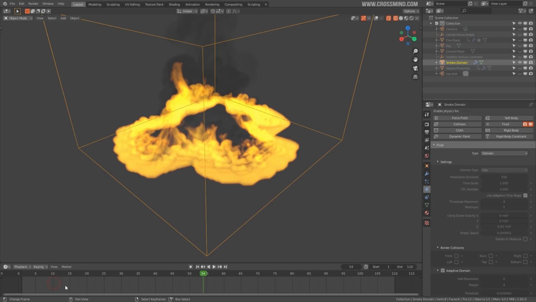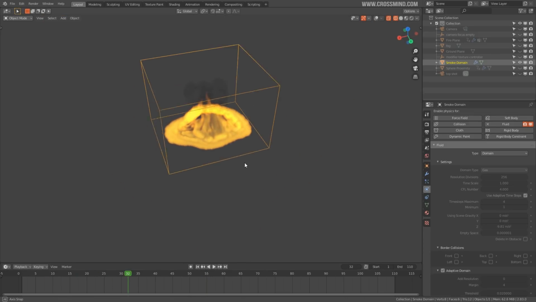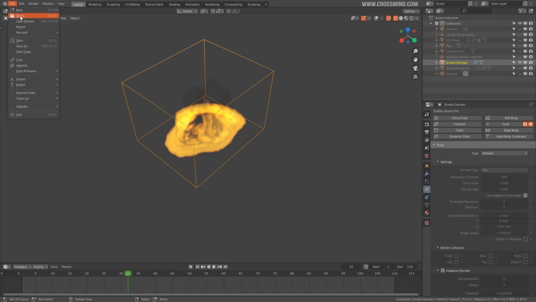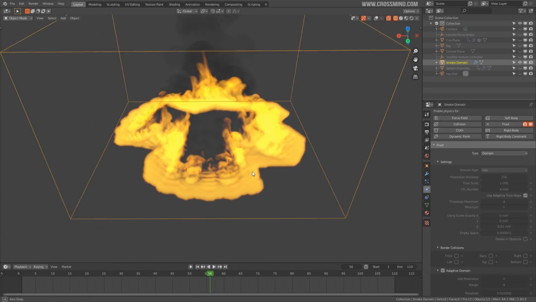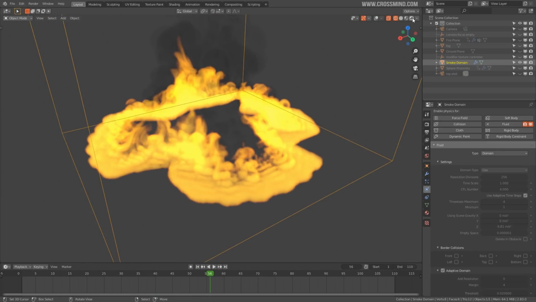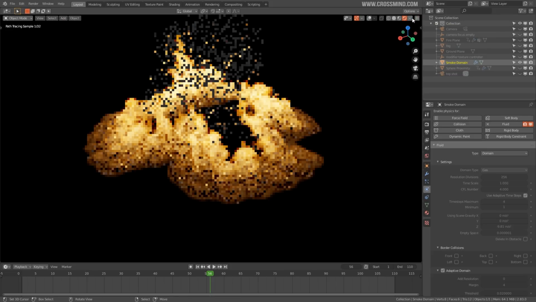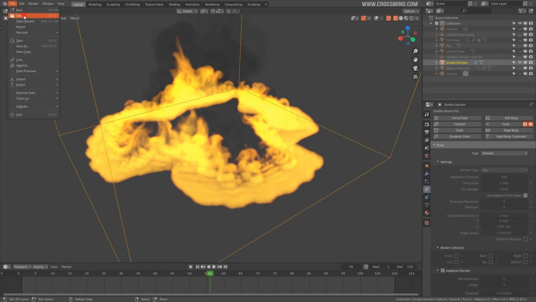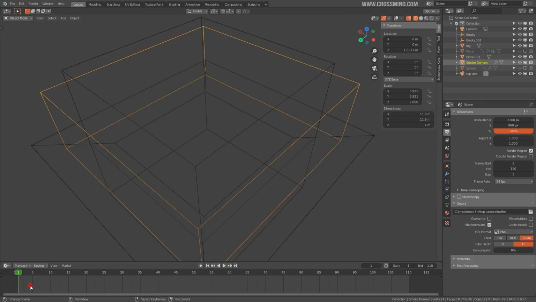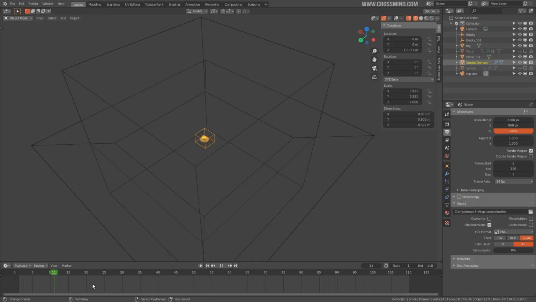Okay, but I think the wait was worth it, and I'm just going to open the final file and show you the results. I'm not sure on the screen if you will be able to see much of the difference, but in the render you will be able to make out the slightly more defined shapes in terms of the flames and all, working better with the even higher resolution simulations. Okay, so let me open the file for this one, the final one, and all right, so here's the final file, and